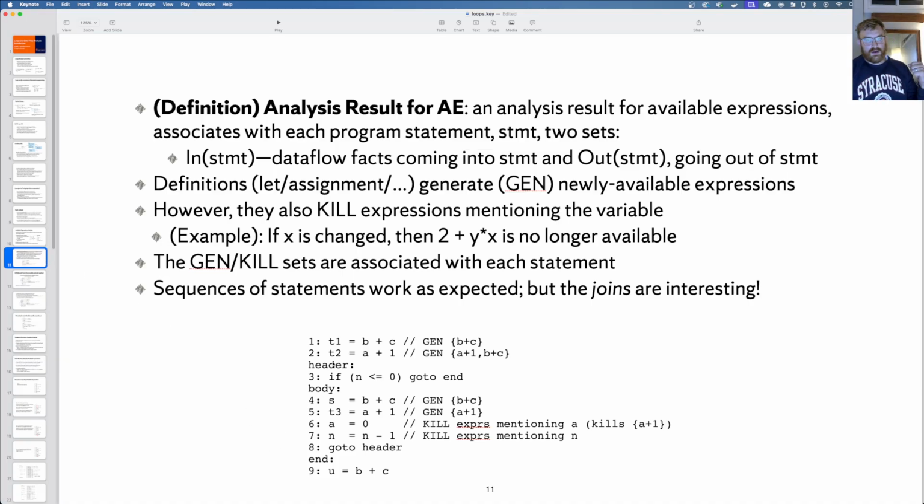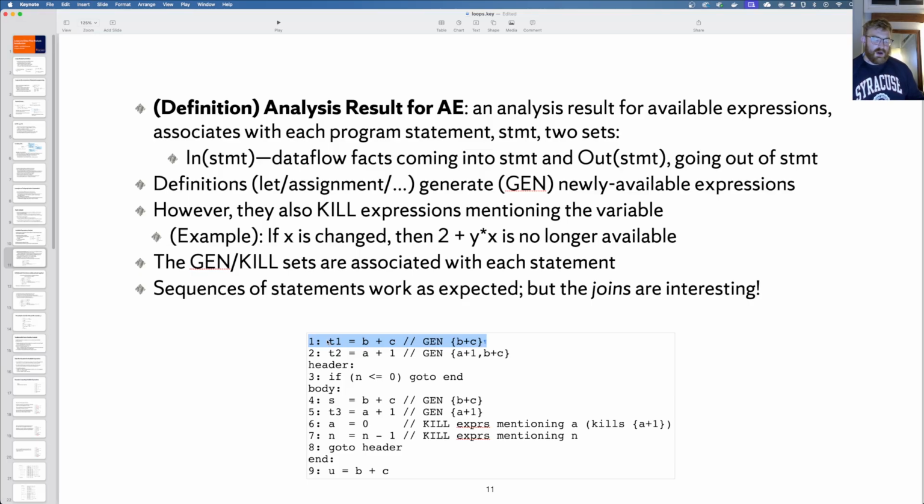And so let's just look at a little example here. Now, at line 1, we are going to generate a new available expression by computing b plus c.